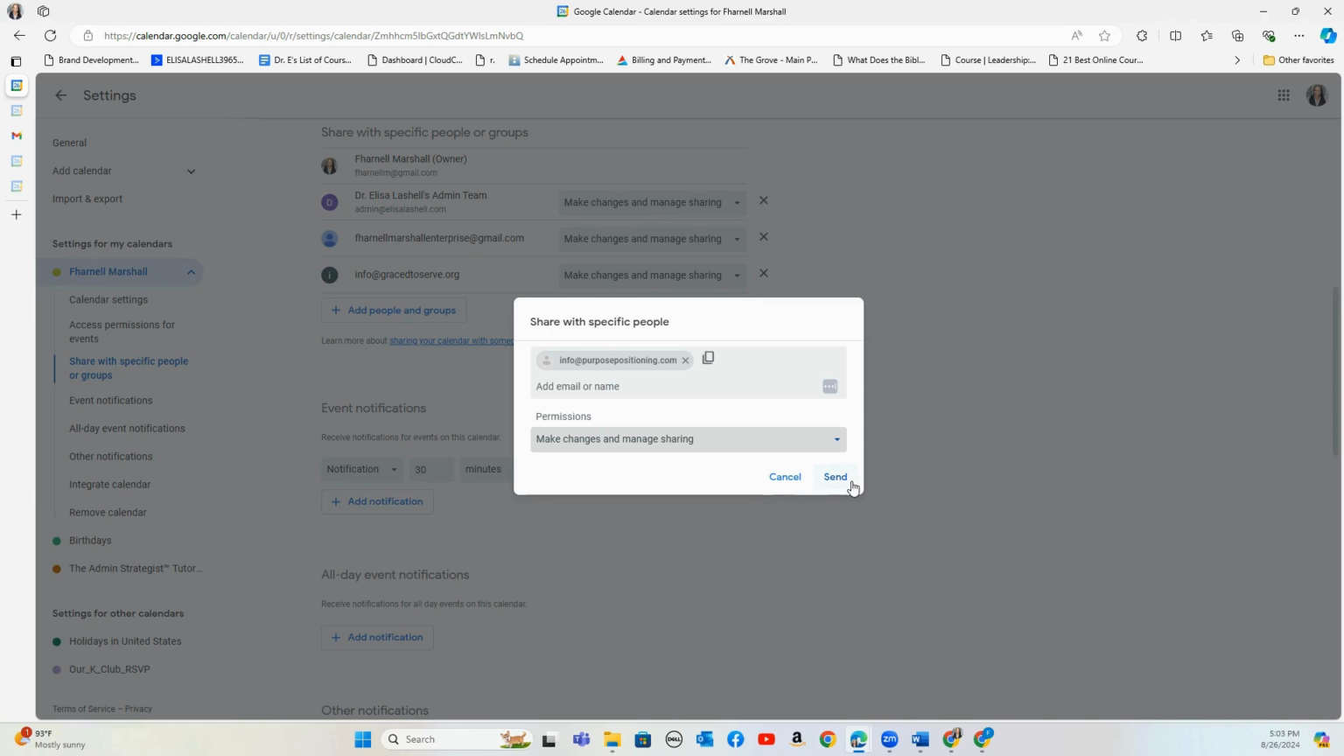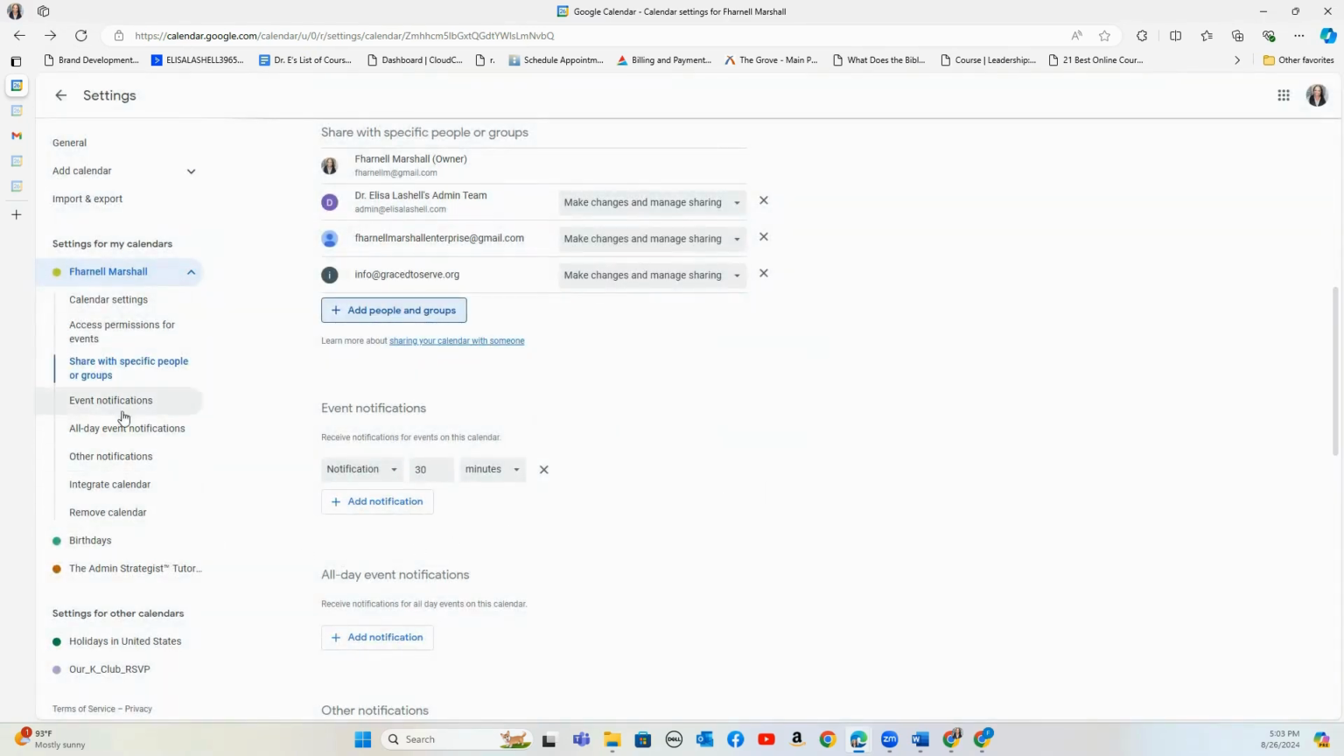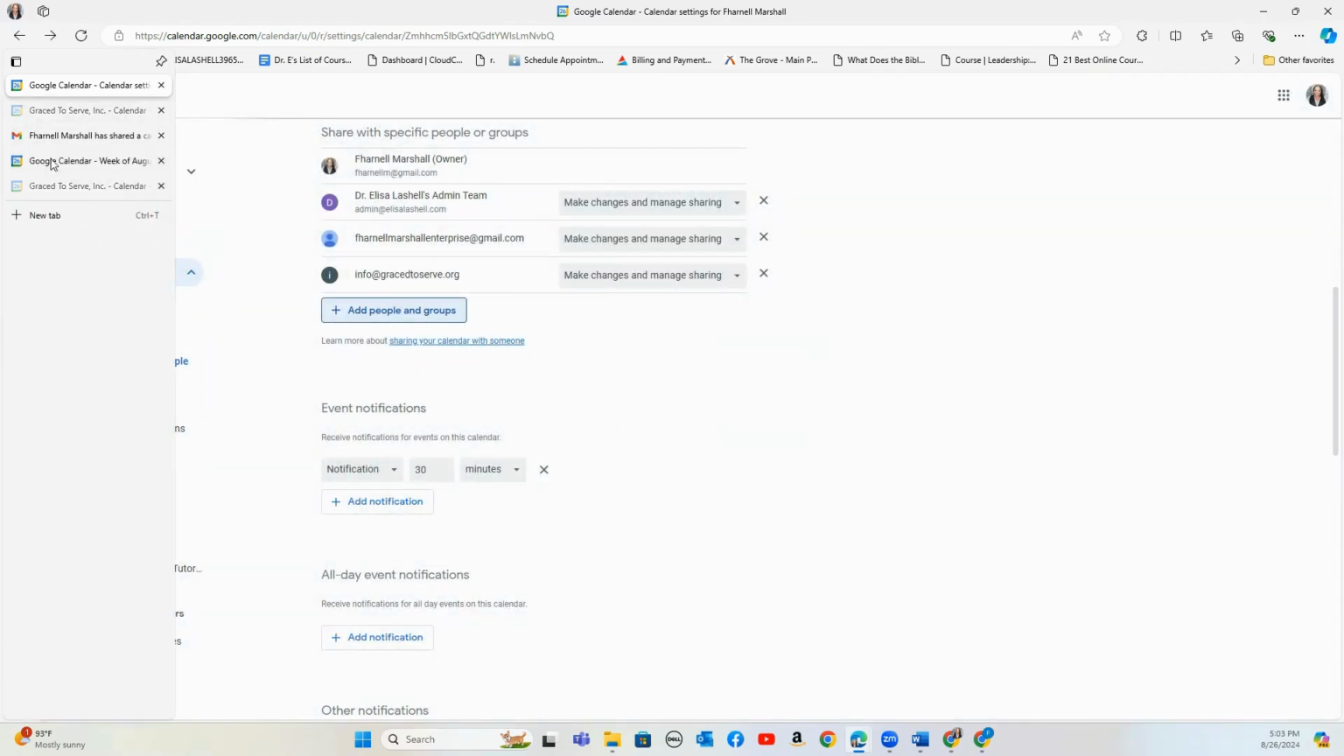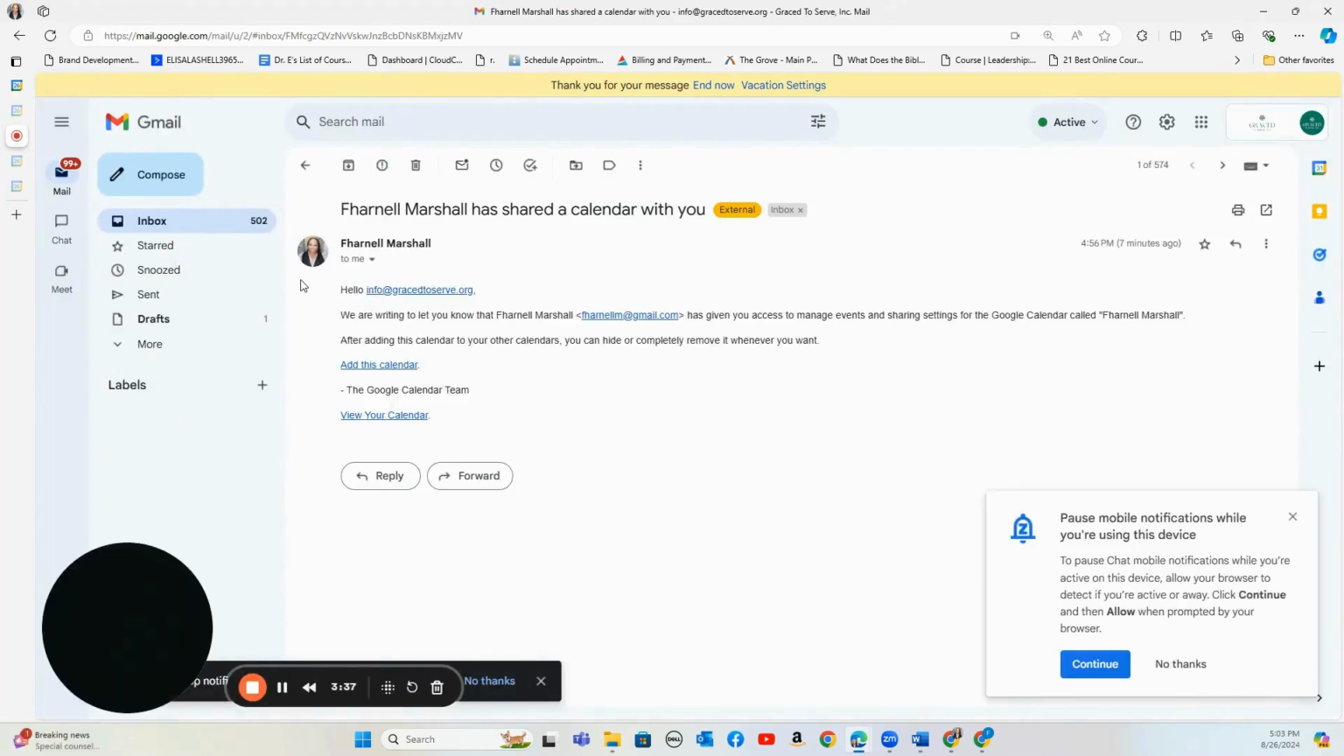I'm not going to click send in this moment because for the example that I'm using, I'm going to use my nonprofit's email address, which is info@grace2serve. So I'm going to click cancel here. And I'm going to switch screens to the email that the person who you share your content with would receive. So at my